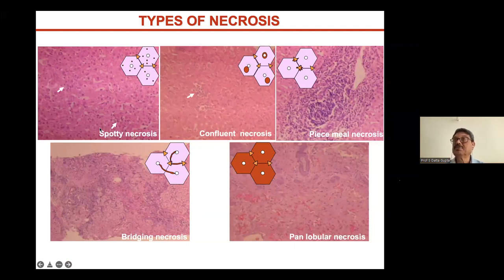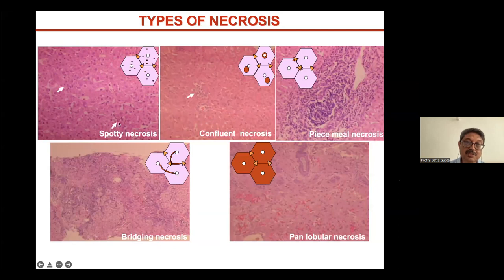So these are the different patterns. A cell can be large, mainly because of hydropic change. When it's ballooning degeneration, it can be clear in cholestasis. It can be clear in glycogen storage disease. It can be clear when there is fat in the cells. Now let's come to the necrosis we are talking about.